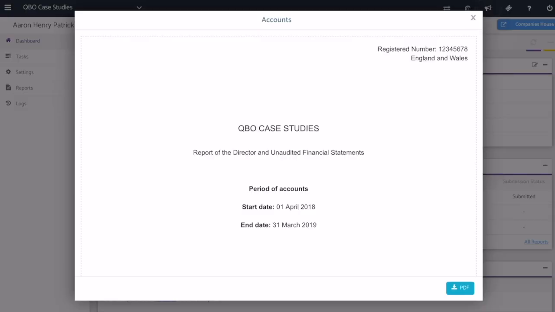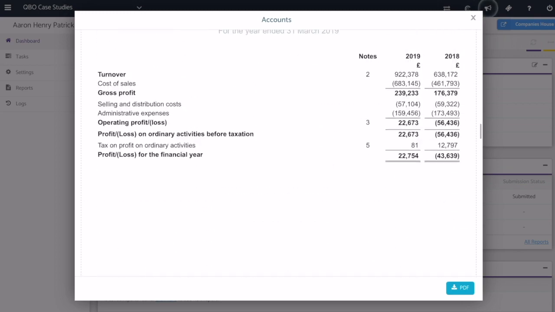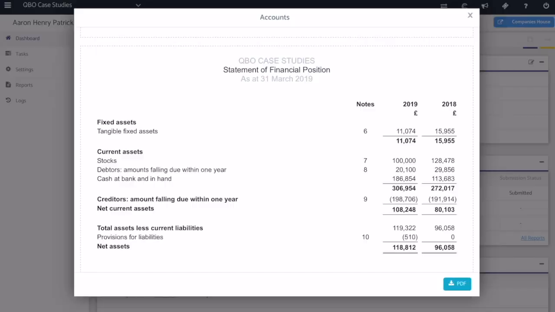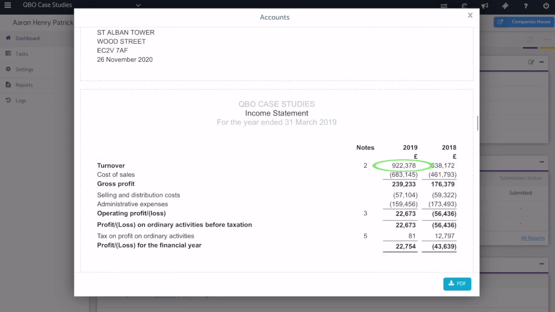Okay, so using my iPad, in front of me I have a set of accounts. Now the accounts have a lot of words in here, and you can scroll past all the words until you get to the numbers, and it's the numbers we're interested in this video, because the numbers are obviously the most important aspect of a set of accounts, and the concept of how these numbers are put into this particular way is down to debits and credits. You see these numbers here, and we can pick any number we like. So there, turnover